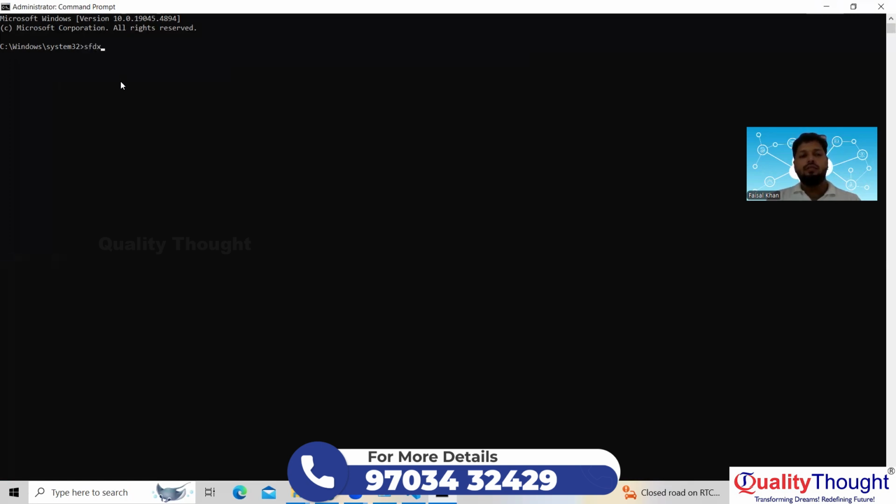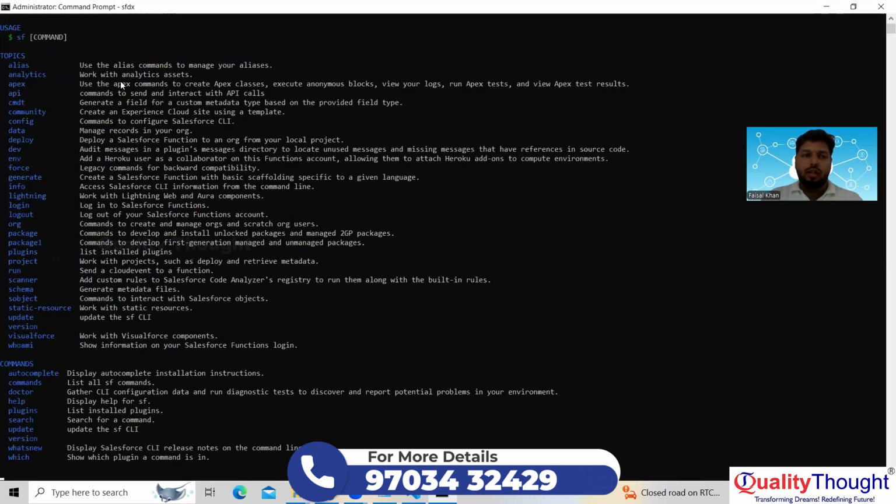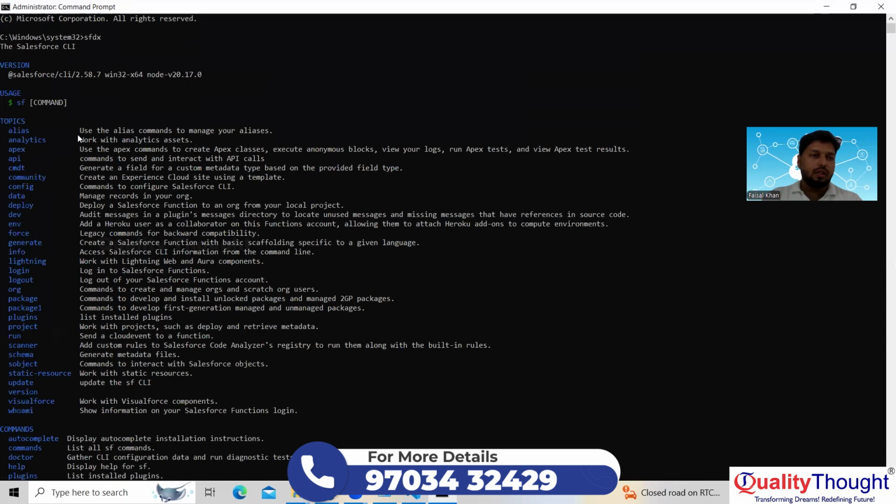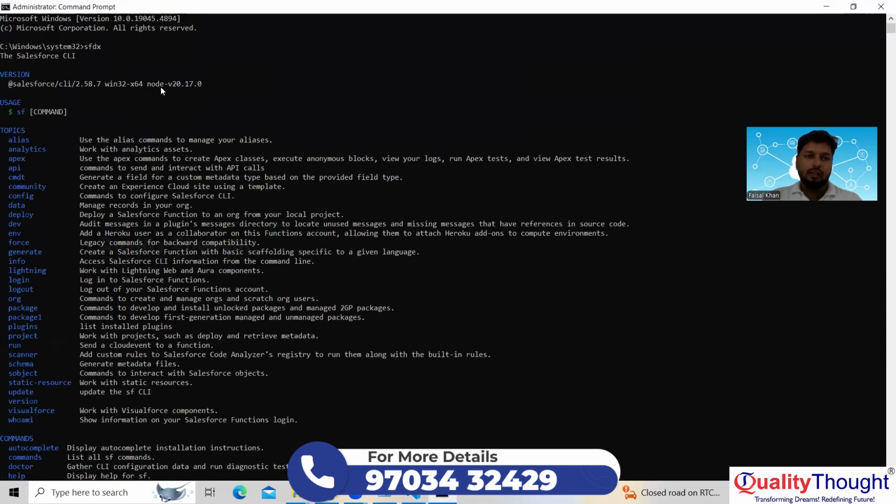Stands for Salesforce Developer Experience. SFDX, and then press enter. Now it will check whether your CLI is aligned properly or not, whether you have the CLI functions or not, and it will bring up all the CLI topics here. You can see the topics of CLI and version. You see CLI is installed, which is having node version